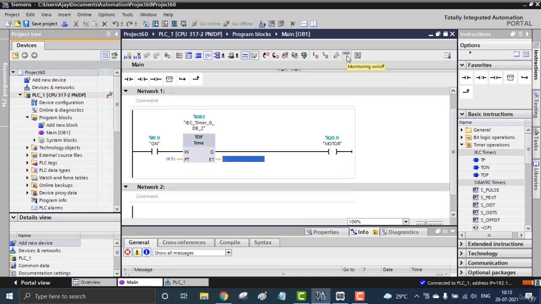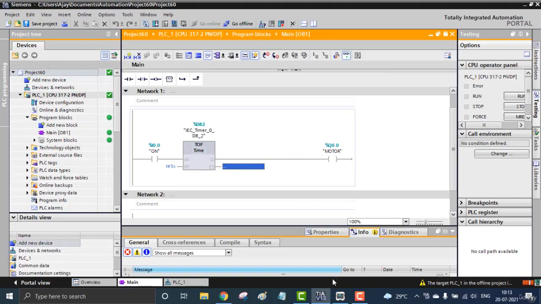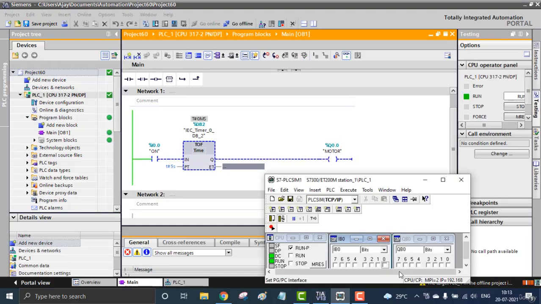And we are in the runtime, and now we can see the off timer just like the previous one. On and off, we'll be getting the output for 5 seconds. Just on and off, that timer will be starting. When the input is on, we get the output and the timer is not starting. When it is off, we will be getting the output for 5 seconds. That is the IEC off delay timer.